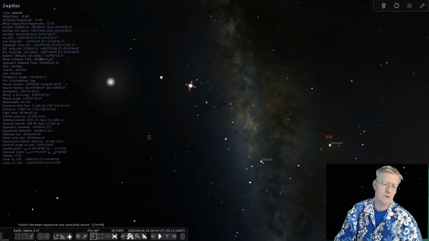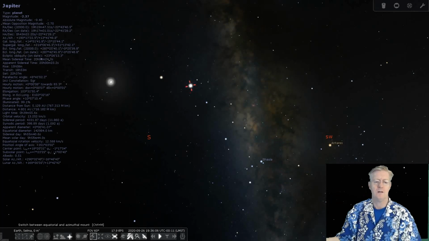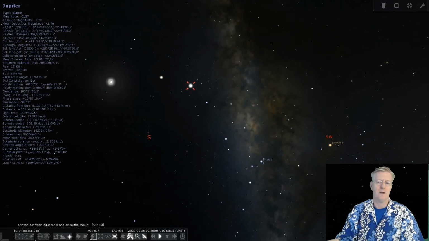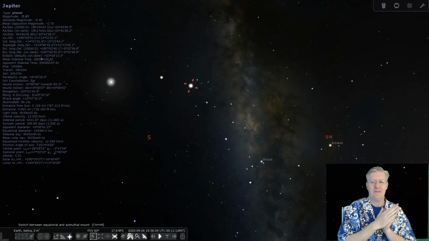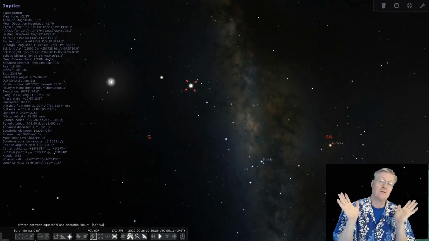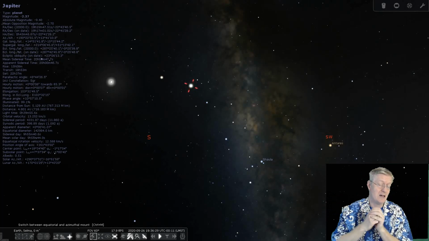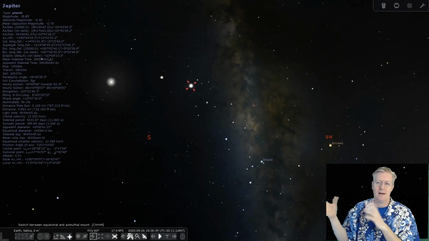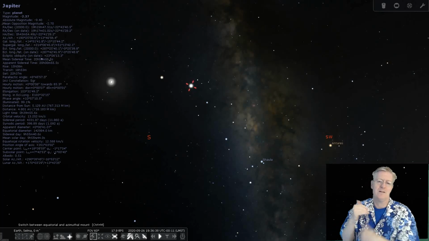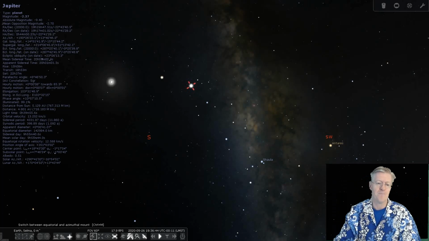And next we have the switch between equatorial and azimuth mount. So it's perfect for your telescope, and you can actually link this to your telescope, by the way, using the app. If you have a smart telescope, let's say you're trying to see Neptune. Neptune is, I'm going to say, impossible to see with your naked eye. You've got to use binoculars or a telescope. You can actually put in the coordinates, and your smart telescope will zoom right to it for you, and then track it in the sky, which is kind of neat.